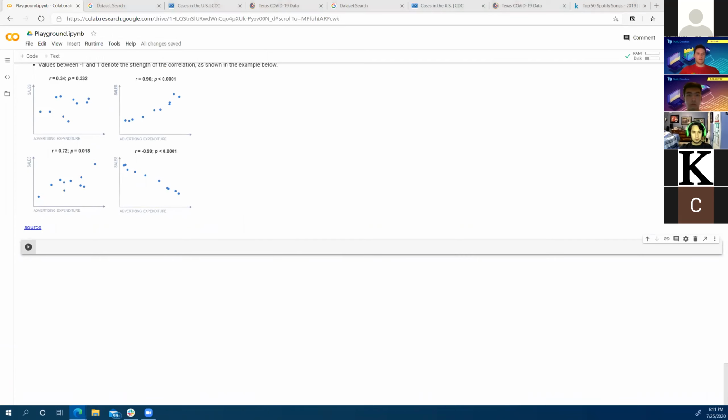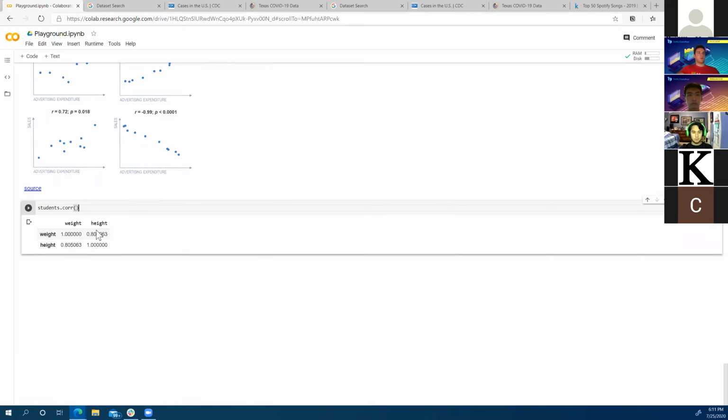So if we want to get the correlations between different variables, I can say students.corr, which is short for correlation. From that block, what I get is a matrix where every single variable is compared to itself or to a different variable.